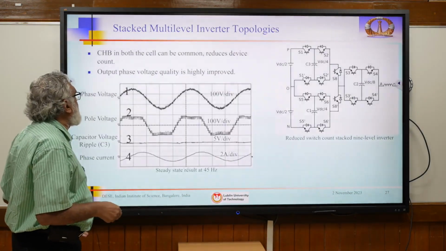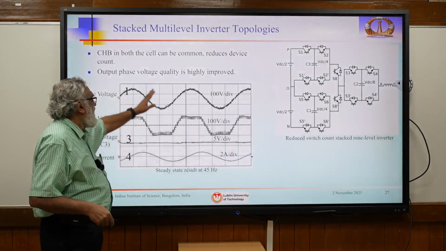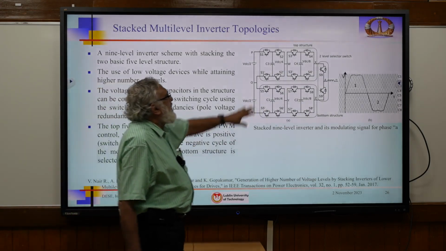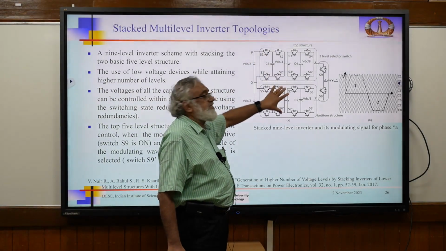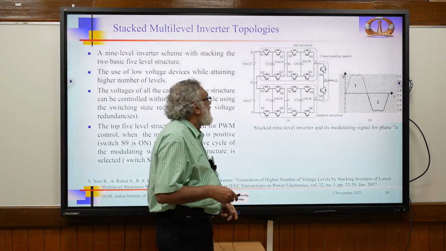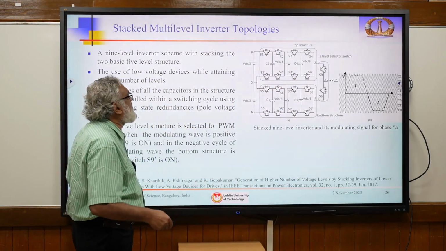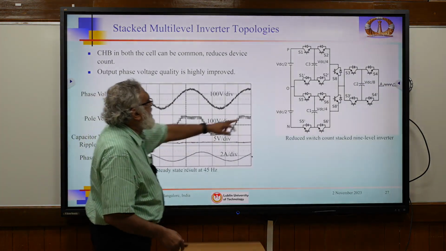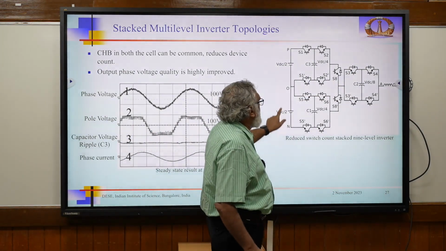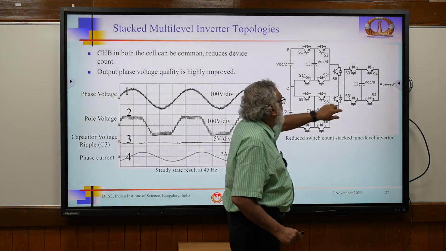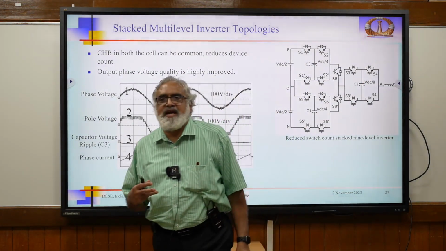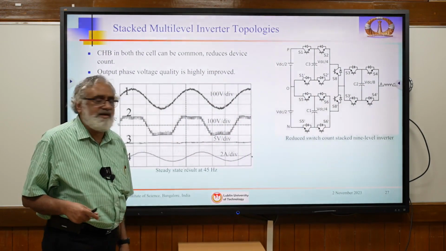So if you see here the waveform, this is the waveform, 9 level. Then we did one more thing. Upper side this is not working, lower side this is working, but these two are the same thing. Can we have a common to both of these with a selector? So we shifted the selector switch here, and the H bridge we made common to that one. During the lower operation, it will work like this. In the higher operation, it will work this way. So the number of power devices can be reduced, and we can get a 9 level structure with the 2